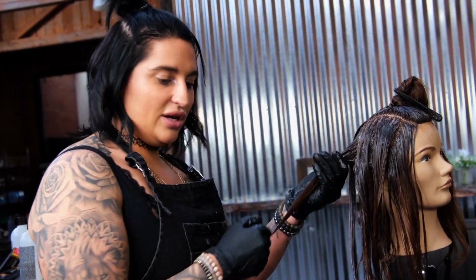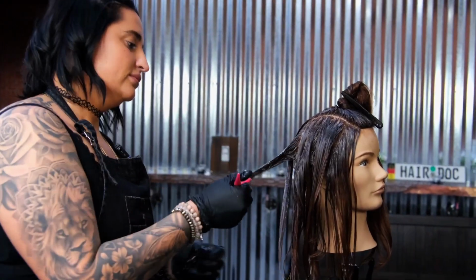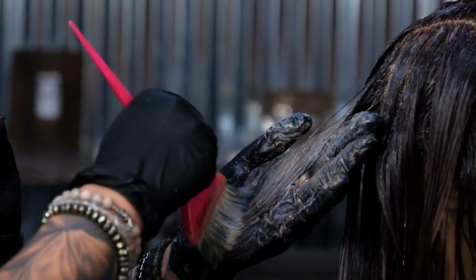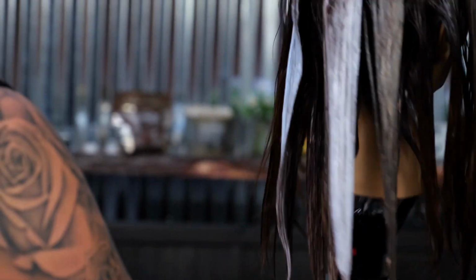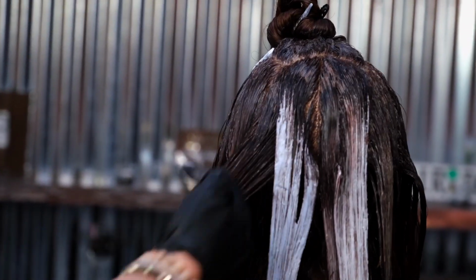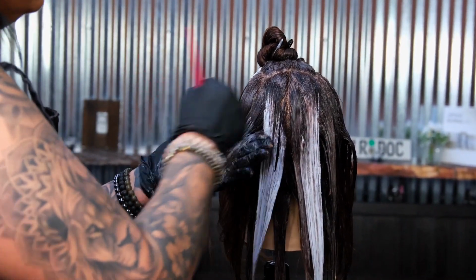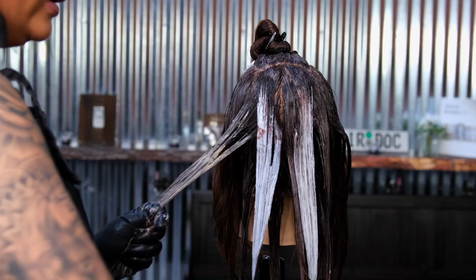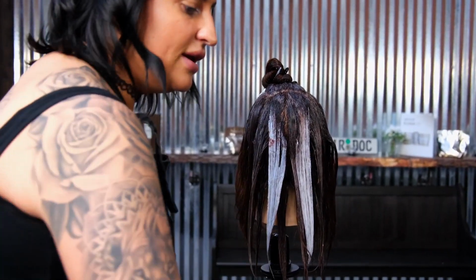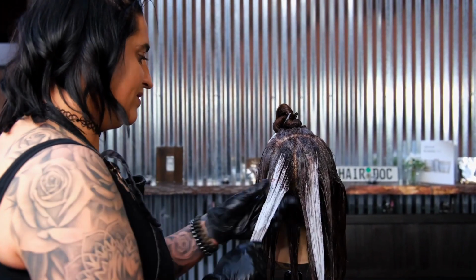So for my next section, I'm gonna go in and I'm gonna bring that root color down. Bring it down, bring it down. Flip to the other side. Grab that hair. Grab, grab, grab. And apply that root color. Now, if you get any product transfer, just wipe your hands, grab the section,